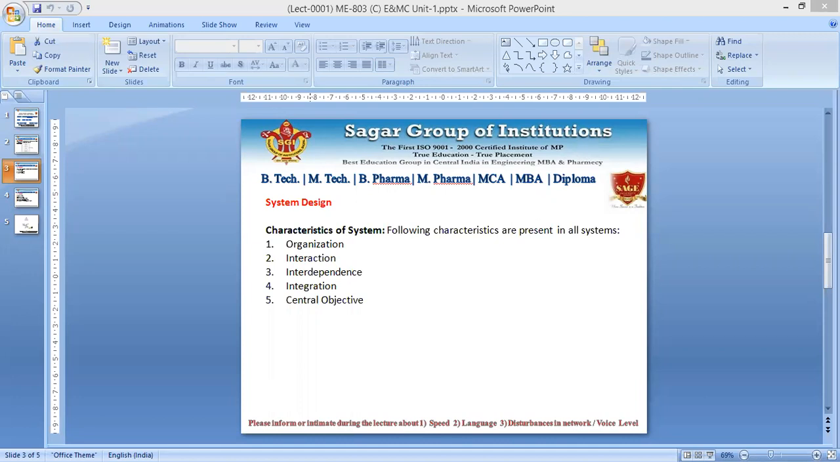When proper integration is there, then the synergy effect will be enhanced a lot. Then comes the central objective. The central objective may be real or stated sometimes. Normally this central objective is the goal, the aim, the objective taken by the higher management, and it is stated somewhere on the notice board, or sometimes at every document of the organization, because